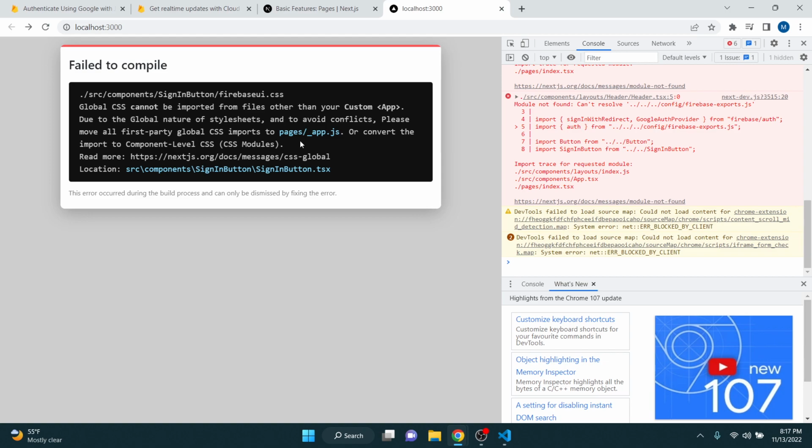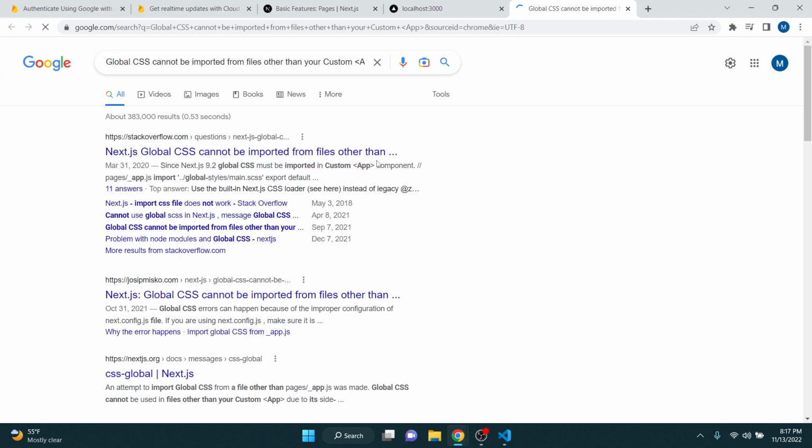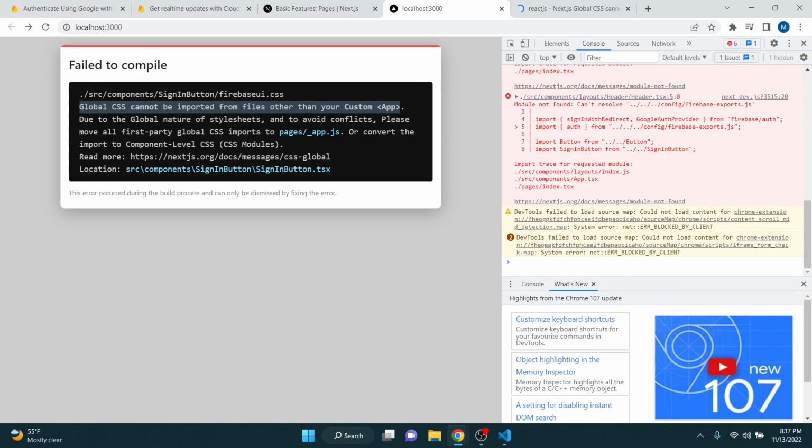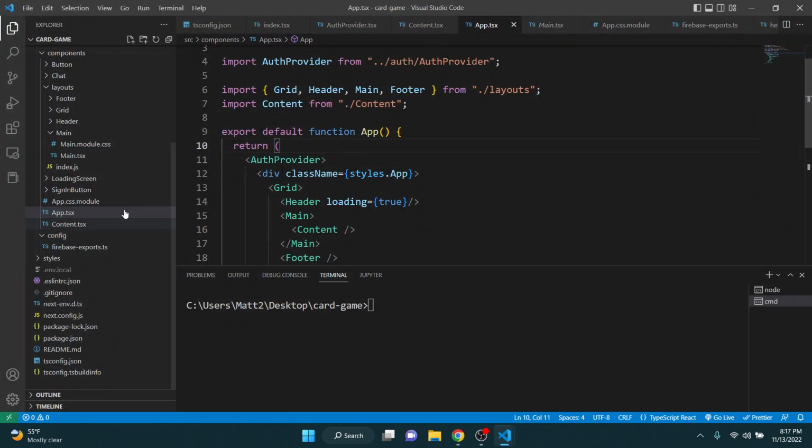Global CSS cannot be imported from files other than your custom app due to the global nature of style sheets. I actually want to look up what they mean by custom app. Due to the global nature of style sheets, please move all first party. What about third party? I guess for third party,